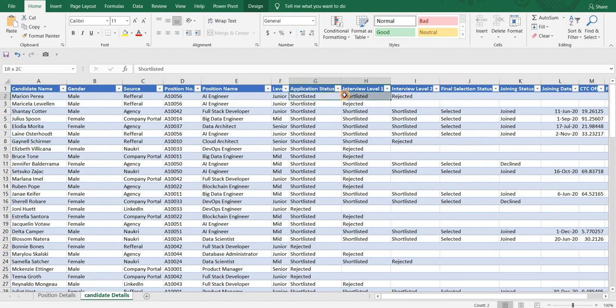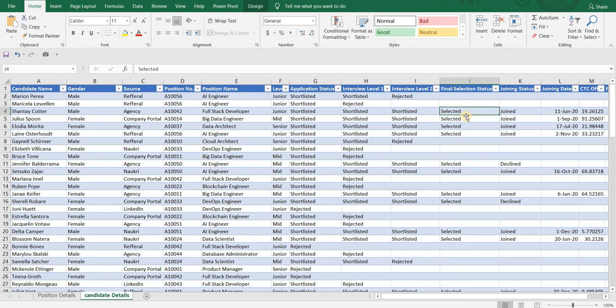If it was shortlisted, then interview level 1, whether it was shortlisted or rejected in that level. If the candidate was shortlisted in interview level 1, then the status in interview level 2, whether the candidate was shortlisted or rejected, and the final selection status.